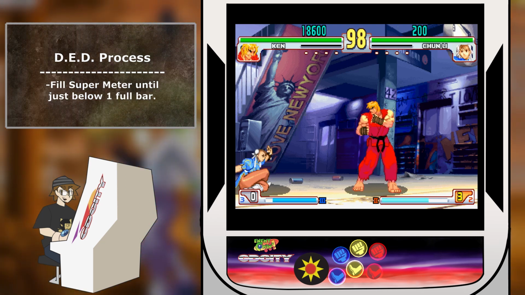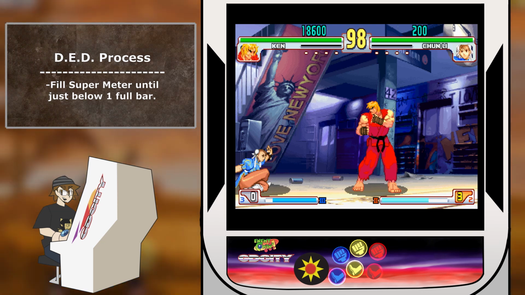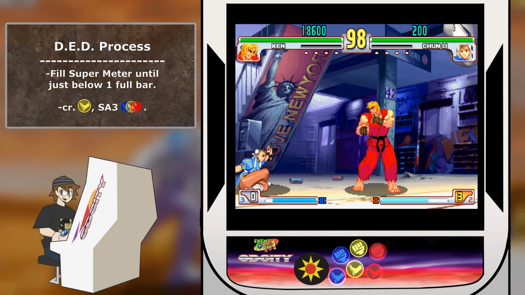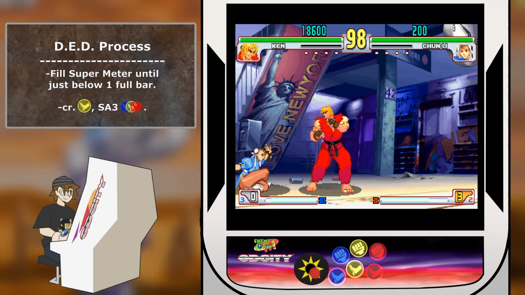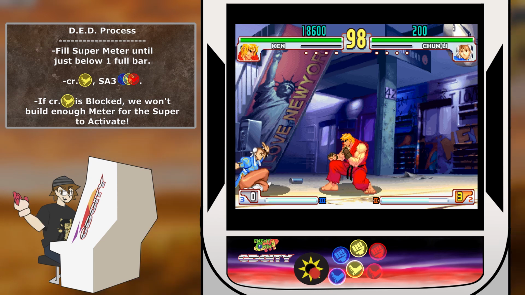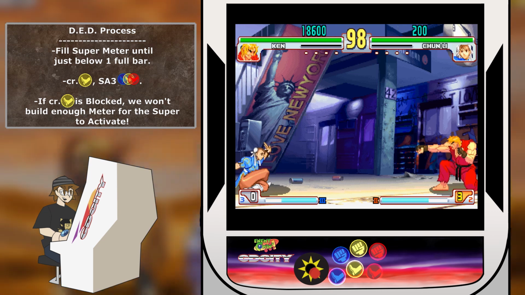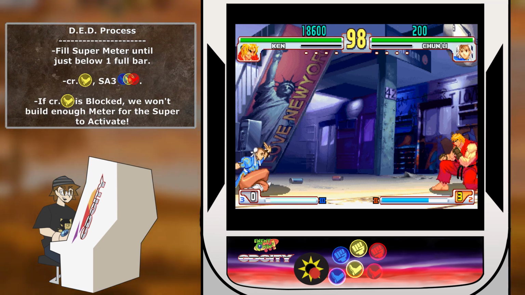So our super meter right now is filled up just enough to not quite have a full bar in order to let us do our super. So if we walk up to Chun while she's blocking and low forward, and then immediately do our super when we don't have enough bar, since our low forward was blocked, it didn't give us enough meter to actually have enough to super anyway. So now, if we build up our super meter by whipping some normals just a little bit more and get it to about the same exact amount,